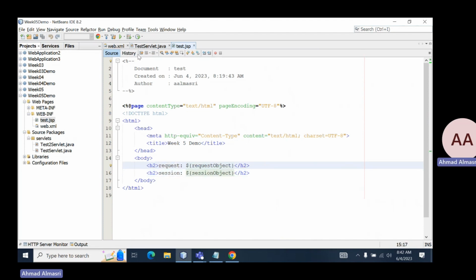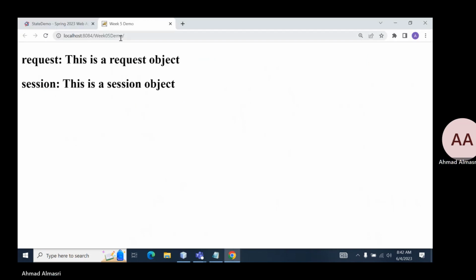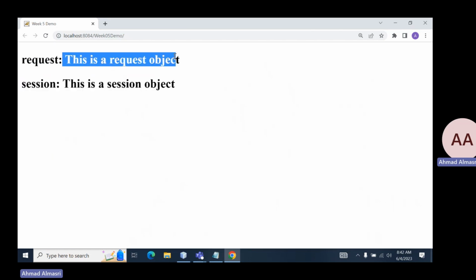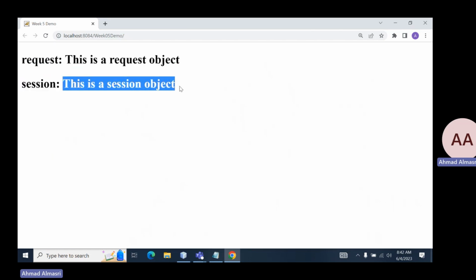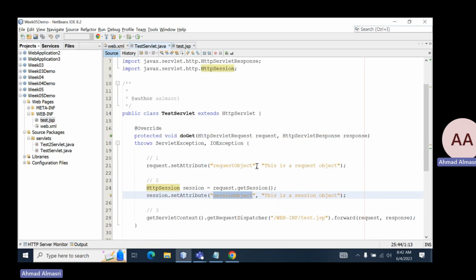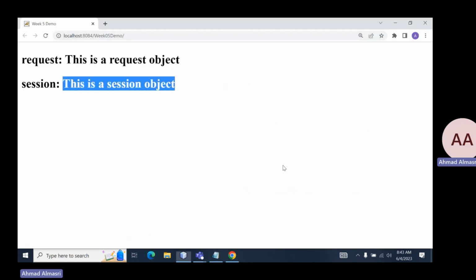If I save everything and I just run, here we go. Now we got the request, we got the session, and then we got the values that we passed. This is a request object, and here this is a session object, which is similar to what we set here and similar to the data that we passed here. Now, what's the difference between request and session? I couldn't see any difference between request and session now. However, if I send my